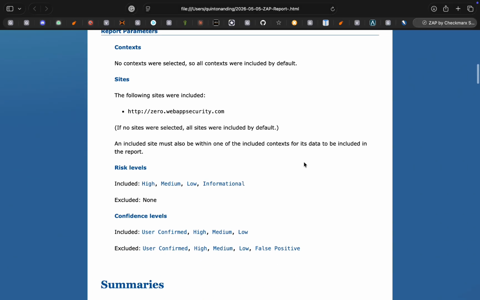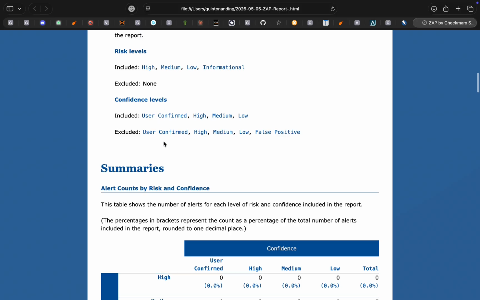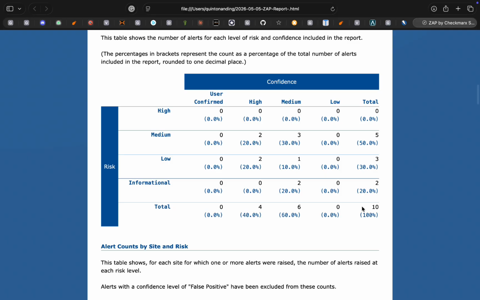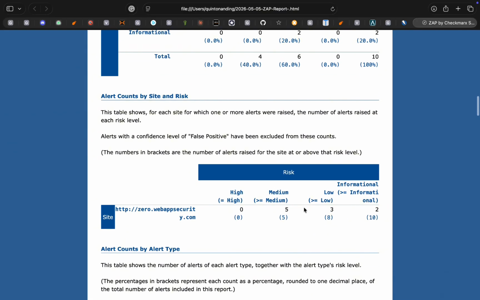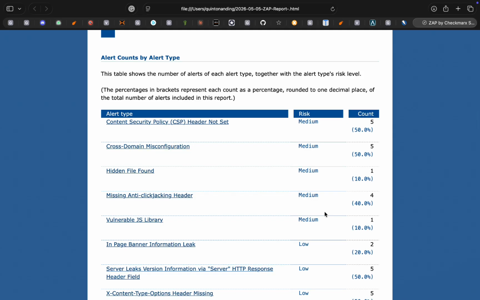So it says ZAP by Checkmarx, the table of contents, about the report, the risk levels, the confidence levels in which this could happen, a full summary of all the different risks, our risk matrix that we made in our previous lab. You see that here. Instead of likelihood by impact, it's risk by confidence, which is just different names for the same concept, and where that lies on that matrix, right? And so the alerts count by site and risk, different types,